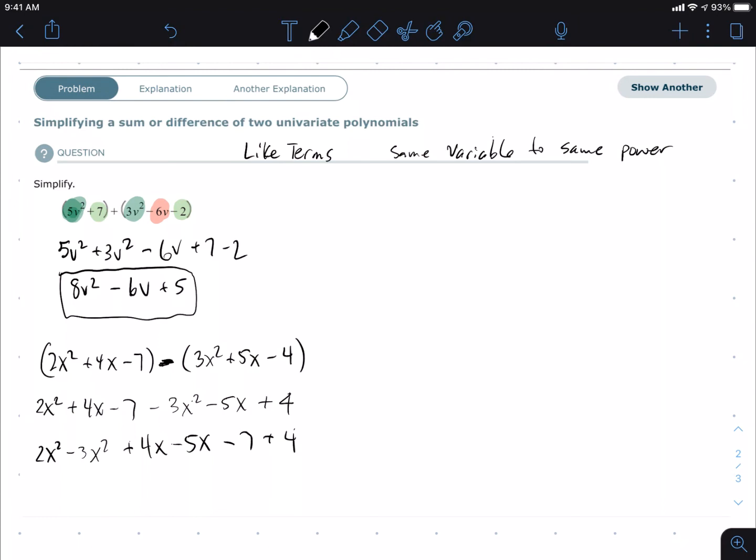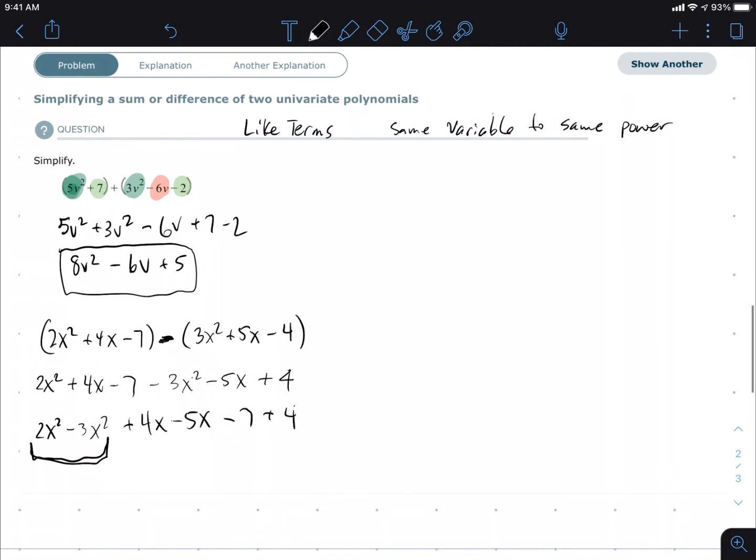Okay, so this first group here can be added. What am I going to get from that? -1. So I should get a negative 1 x squared. And then from this group,